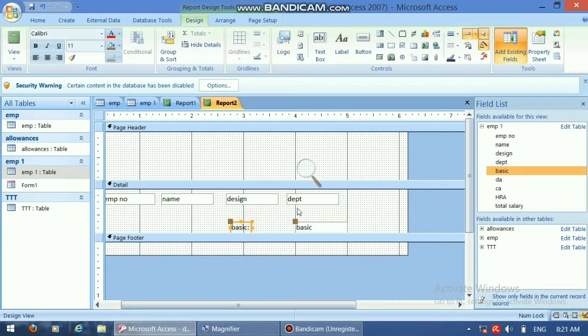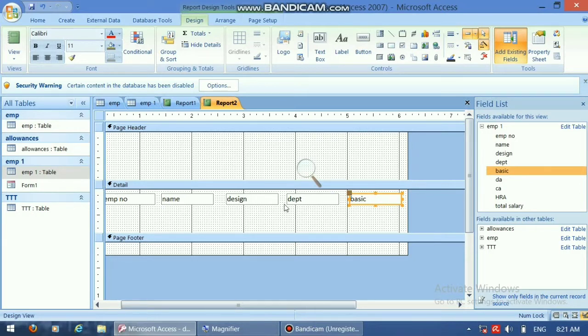You have DA, CA, HRA, total salary also, but you want only these fields in your report, so you can stop over here. Now you want a department wise salary report. So this is your simple report.